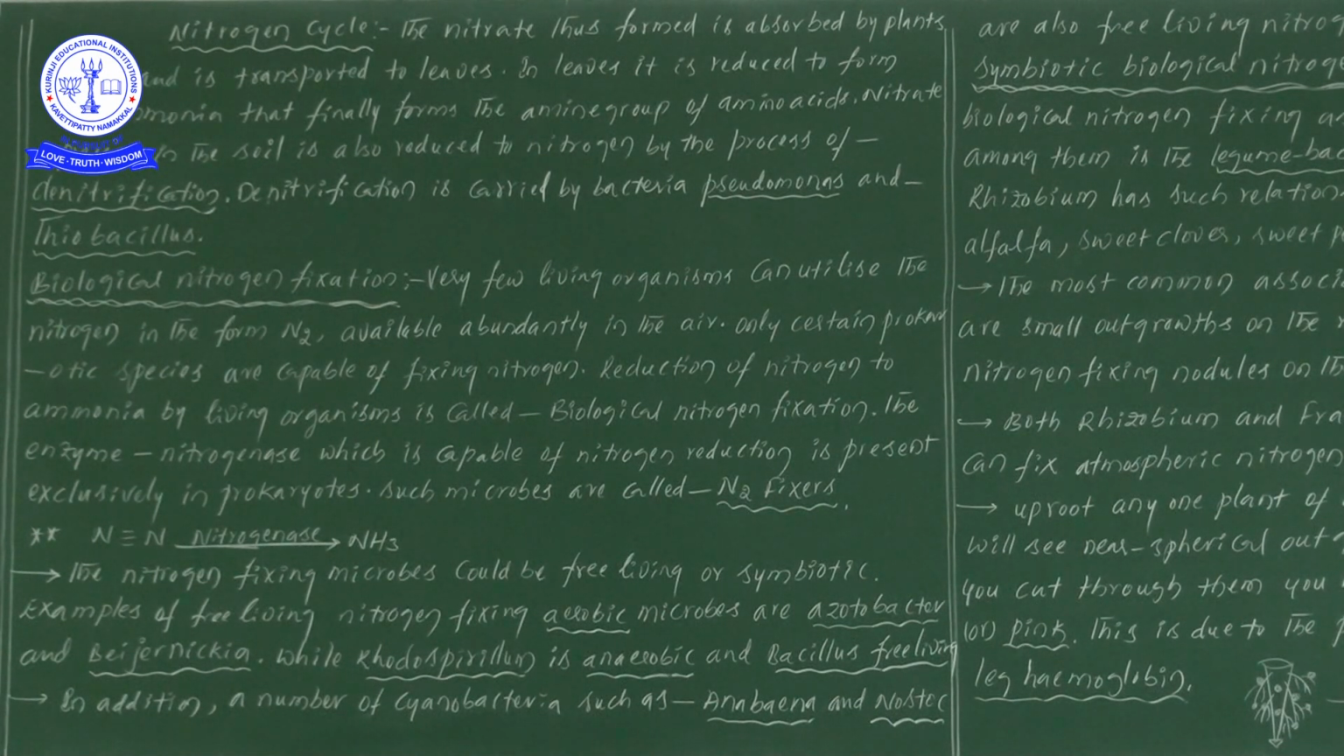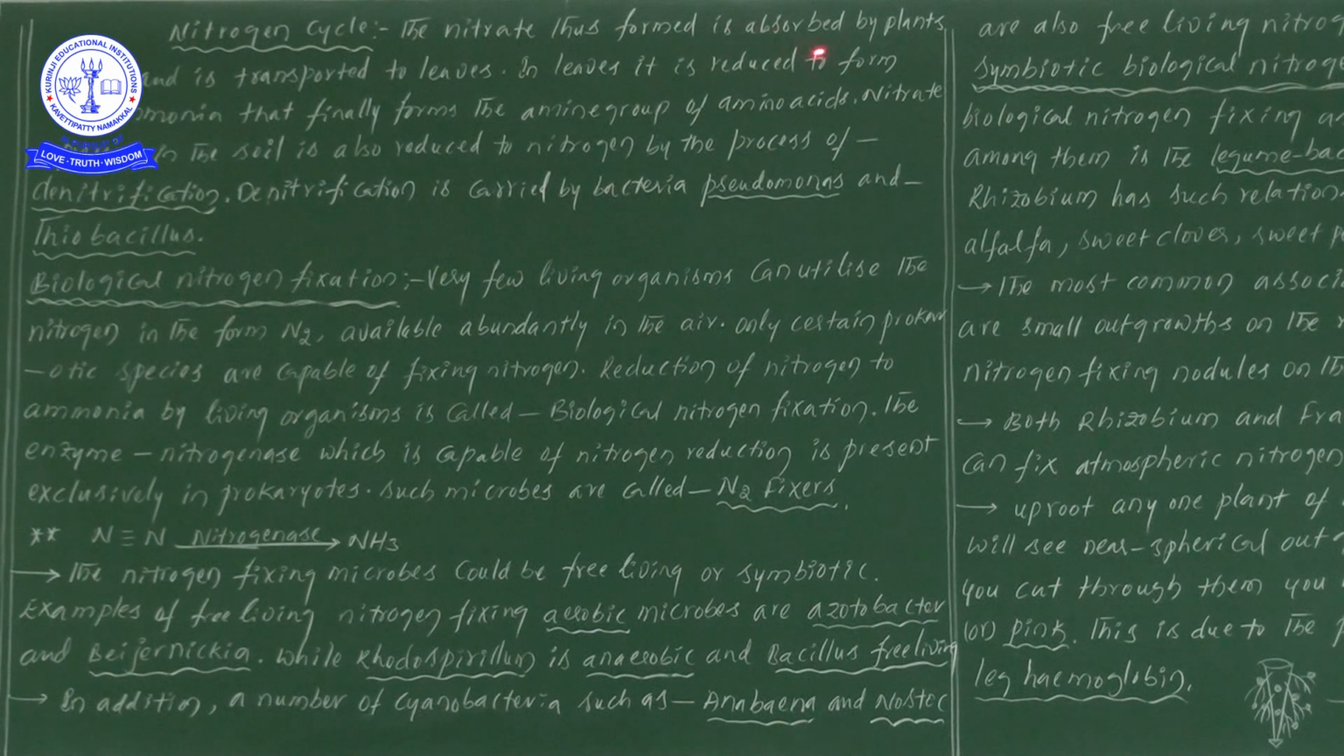With the help of nitrosomonas or nitrococcus, ammonia is converted into nitrites, later nitrates. Nitrites are later converted into nitrates in the presence of nitrobacter. So up to the formation of nitrates, that is where we stopped the previous video. Now the continuation of the video: